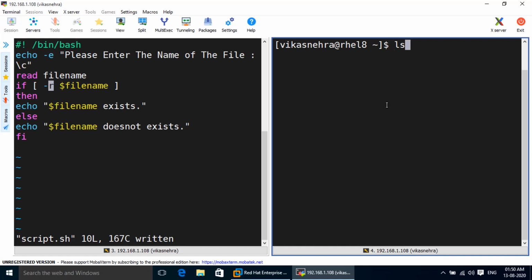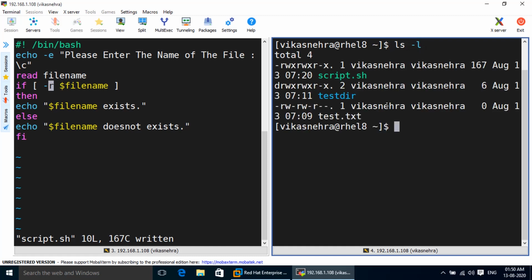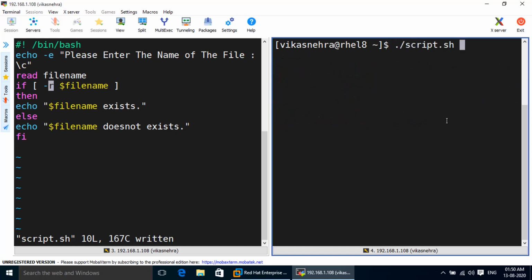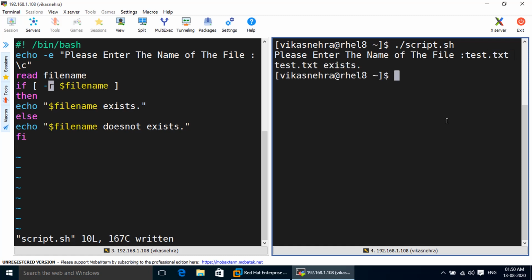So let me first show you whether the read permission is there on the file or not. So read permission is there for everyone on the file. Now if we execute the script, then this will show us that the read permission is there, and it will give us the output test.txt exists, because the read permission is there.